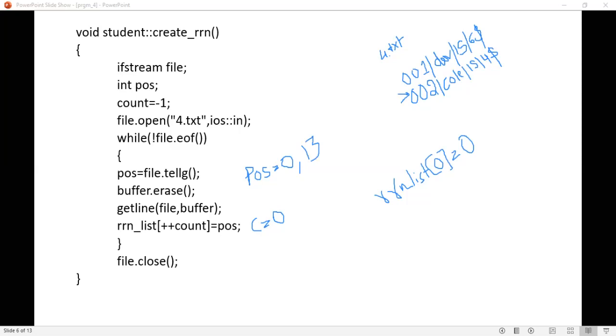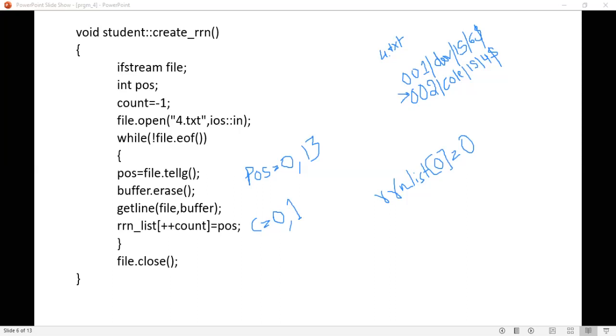Then after that you have to erase, clear the buffer, and then again read the next line. That is this second line you are going to read from the file to the buffer again. Okay, getline of file comma buffer, and then you are going to increment the RRN list. Now what is count? You have to pre-increment count. That means count is equal to 1 now. It was 0, now it will be 1.